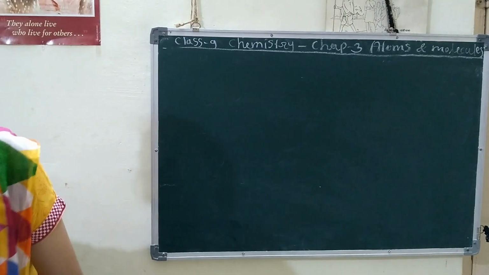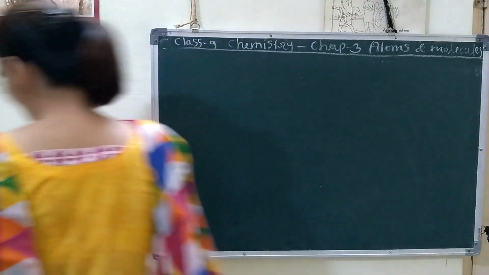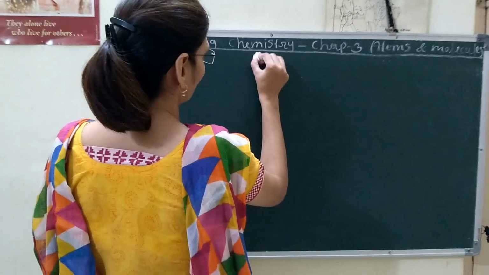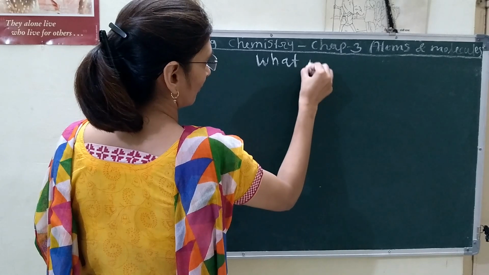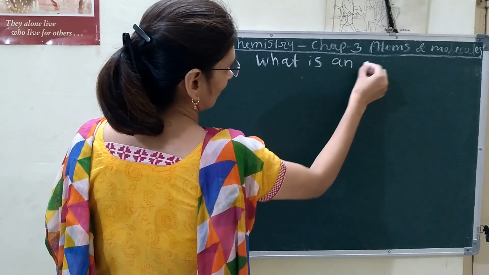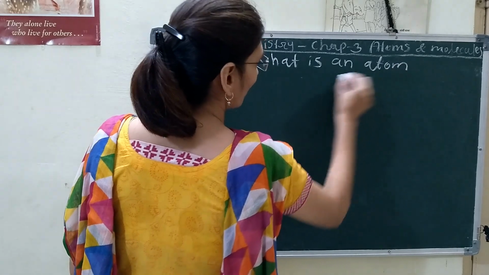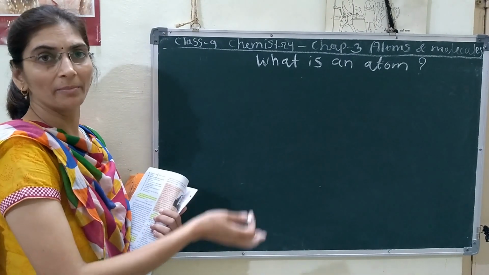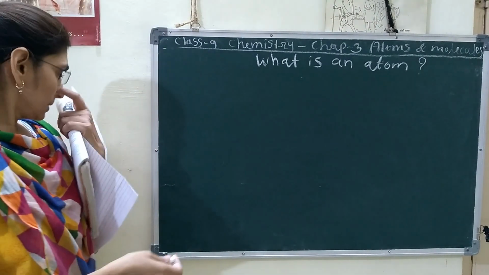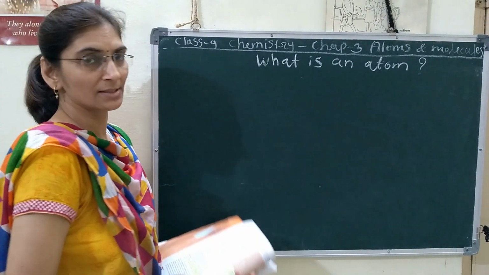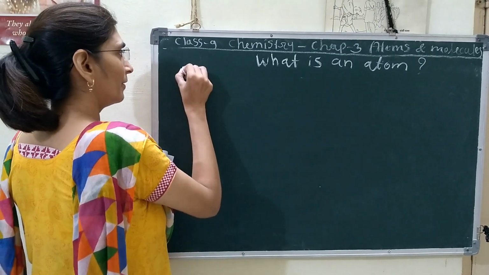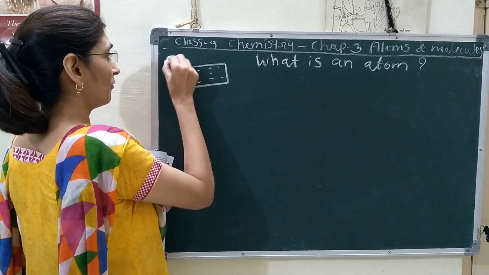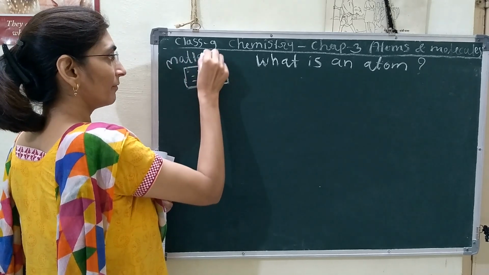So in our next topic, we will see the structure of atom in brief and what is an atom. And again, what is the unit for measuring the atomic radius? So what is meant by atomic radius? That also we will discuss here. So what is atom? We know very well atom is the tiniest particle of any matter. We know it very well.